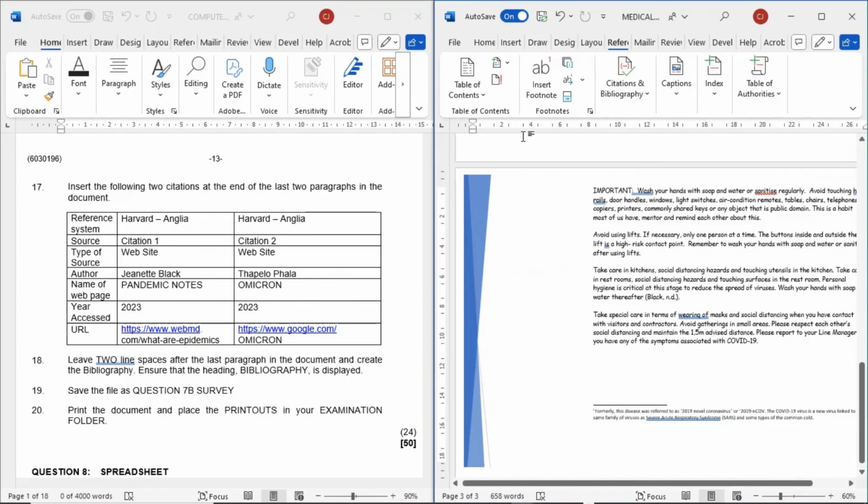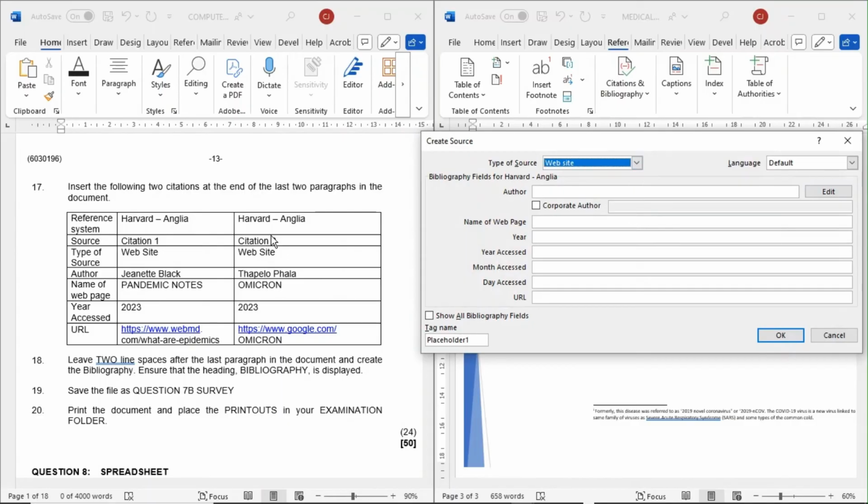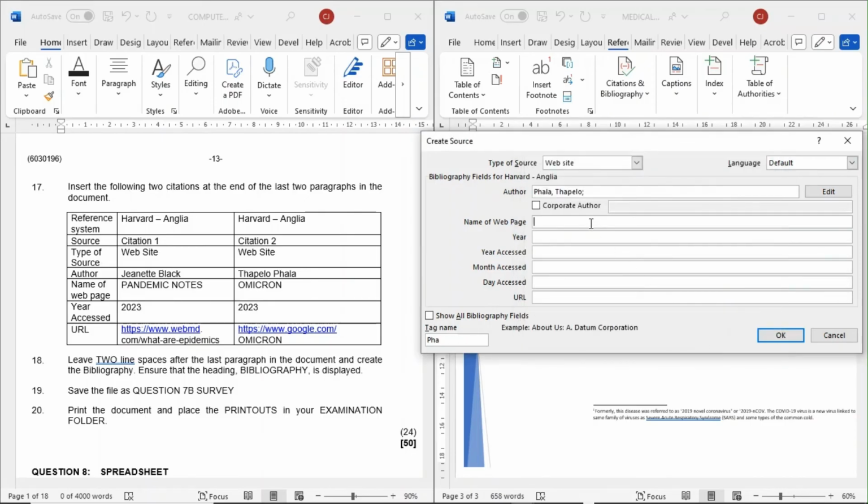Second citation. Insert citation, add new citation. This is also a website. The author is Tapelo. Add. OK. Web page name, Omicron. Access 2023.